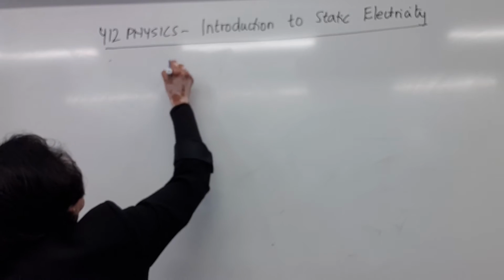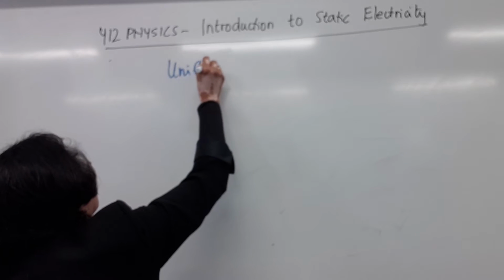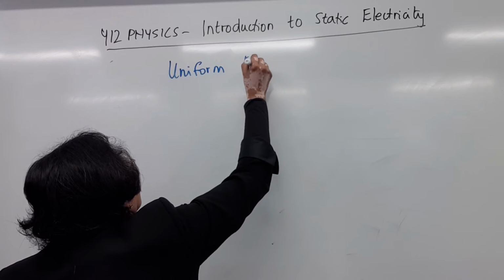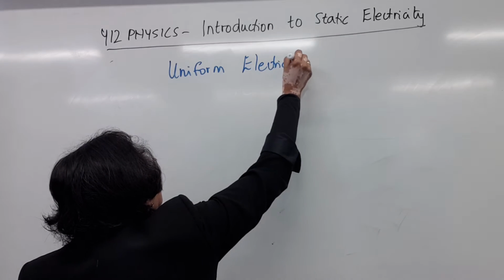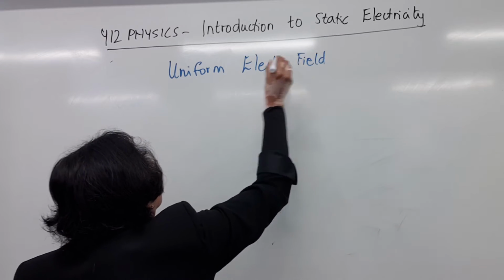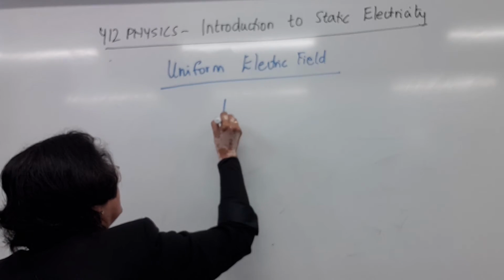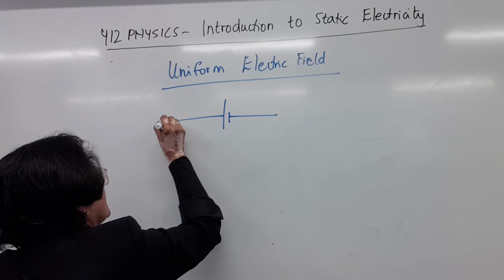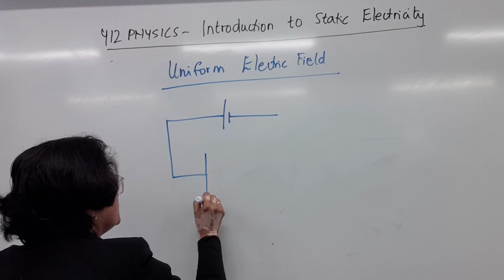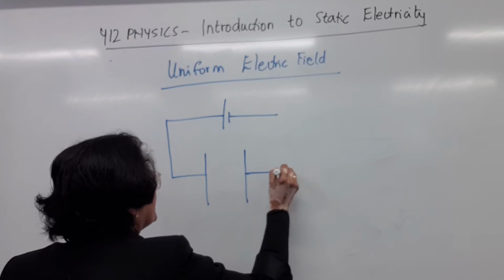So the word is uniform. Uniform means same. So you have a uniform electric field if you have two metal plates that are